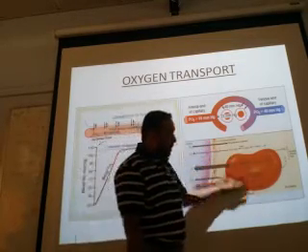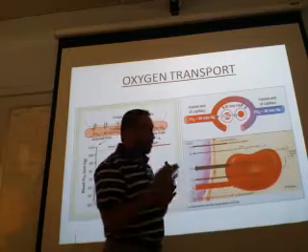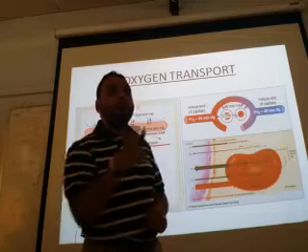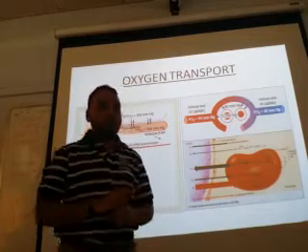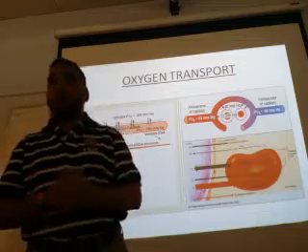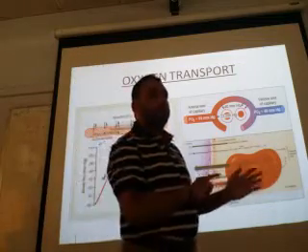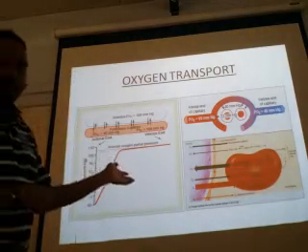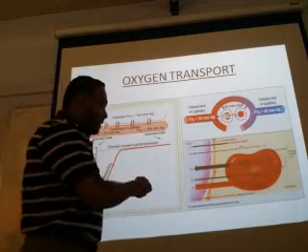We did not describe everything here, but let us focus on one thing. The phenomenon of reverse chloride shift. So there was chloride shift in the case of carbon dioxide transport. In the case of oxygen transport, there is the reverse chloride shift. How? Can somebody tell me? It is very easy now. You have understood everything, isn't it?